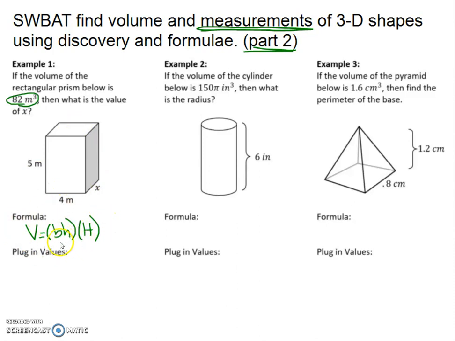Once you have this formula, it's just plugging in the numbers and solving, and the only difference here is that 82 is the volume, so that has to go where the V is. So we've got 82 equals base times height, and I'm just going to use the 5 and the 4 for this, times the height of the whole thing, which it said it wanted us to use x, so that's what I'll use. I'm going to simplify this first by doing 5 times 4, so that's just 20x. And then we've just got an algebra 1 equation here, so this is going to be divide both sides by 20, and we get that x is equal to 82 over 20, which simplifies to,